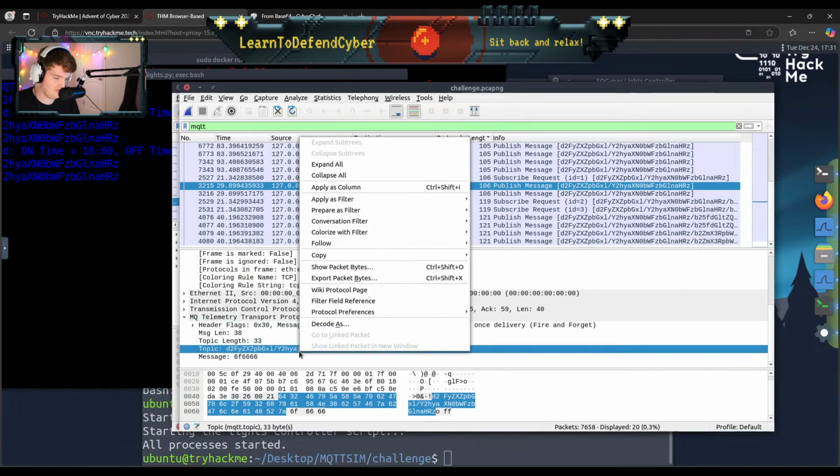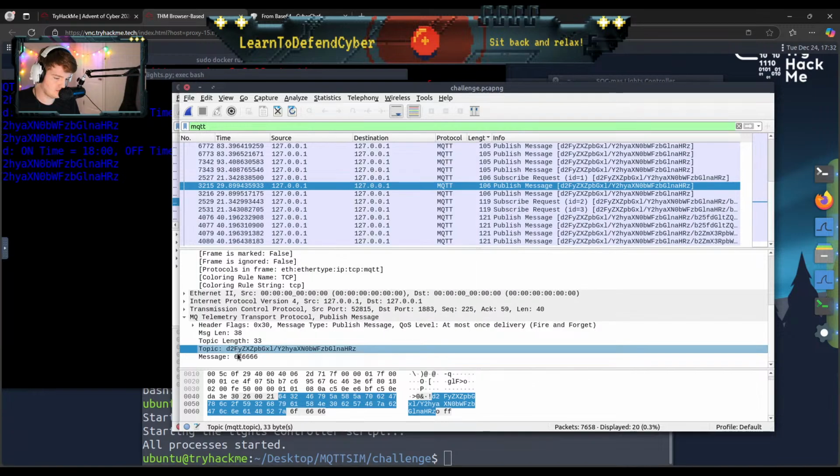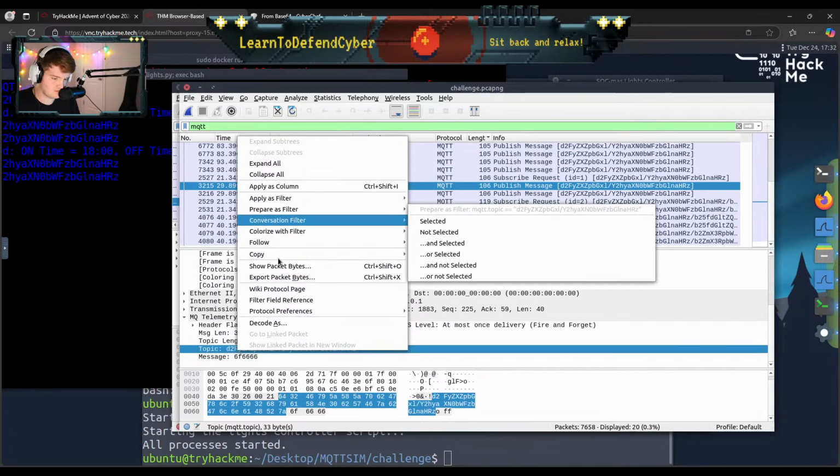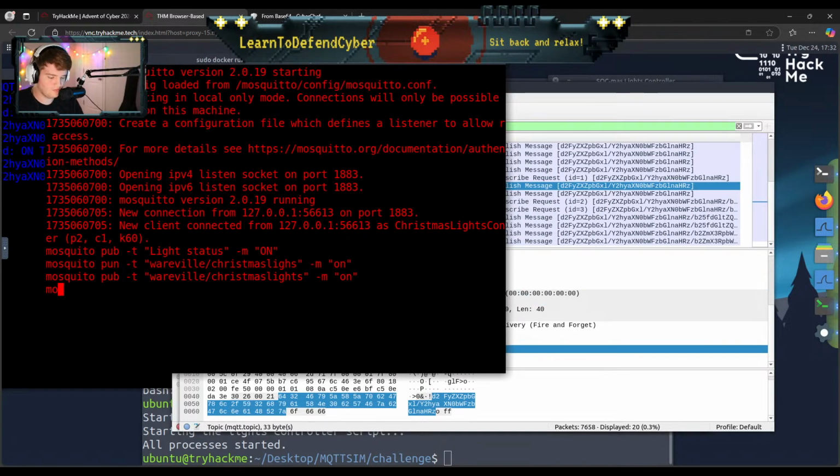If that's the case, I will copy this value. Copy value. We'll go back here and we'll do mosquitto_pub with -t. I don't know why it's not letting me paste. I really don't want to type that value out.